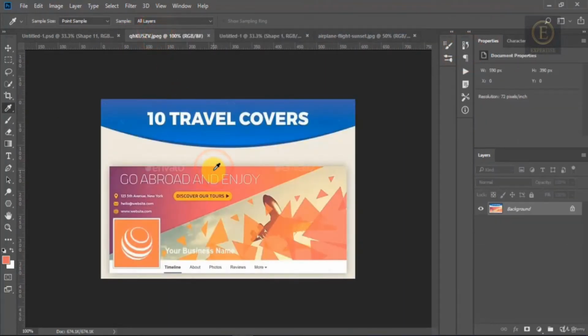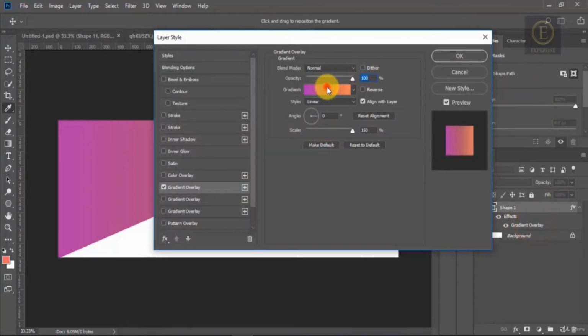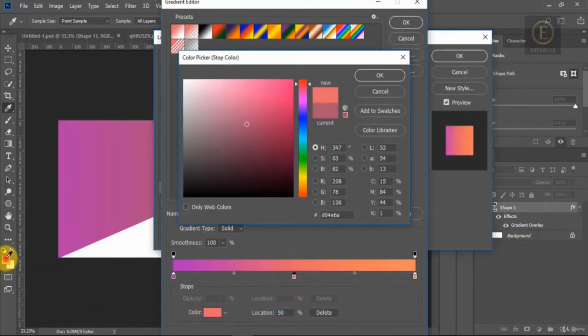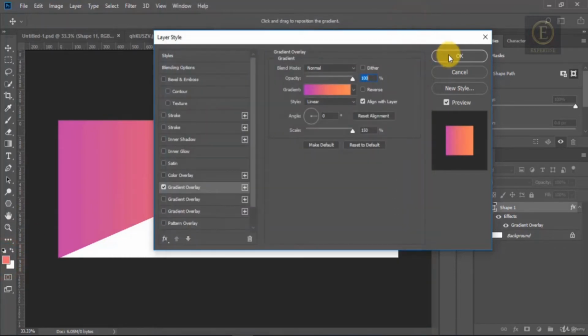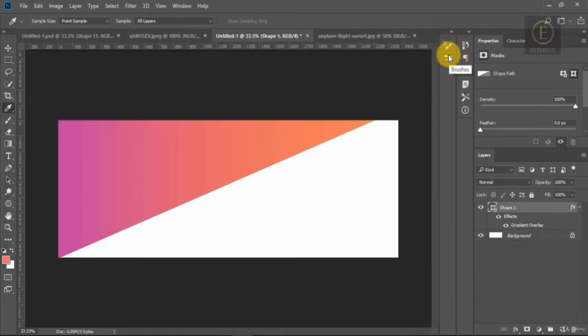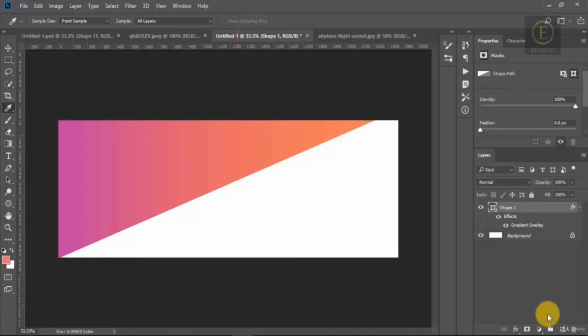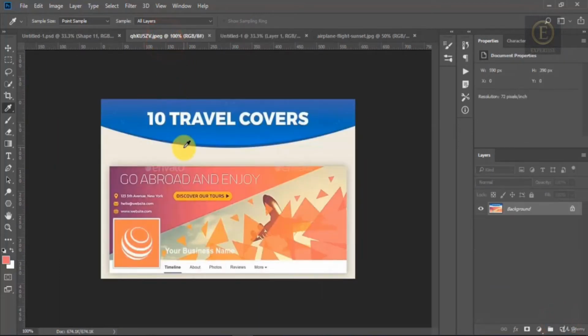Now we pick the color in the middle, because we have 3 colors in our gradient. So in the middle we change that value, we pick that color again. Okay, now we have 3 colors in our gradient. What we will do now is